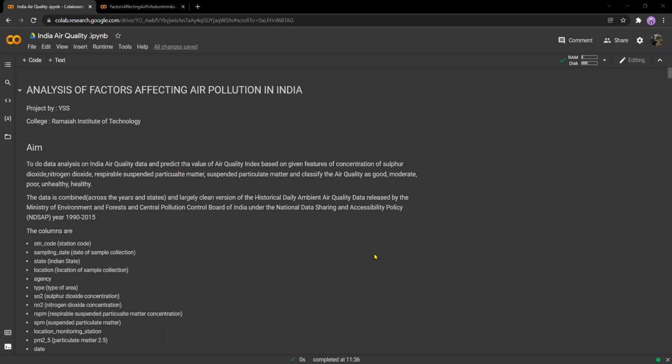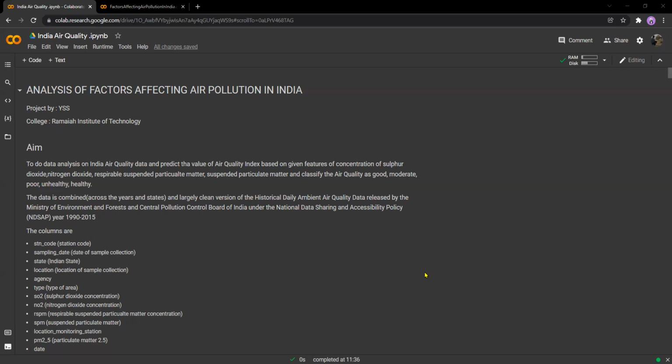What is the aim of this project? We are going to analyze the data of the air quality around India and how it is affected by other factors, as well as the factors that are exposed to the air quality in every city in India. So we are going to combine all the requirements from various websites and various data sets, and we are going to analyze